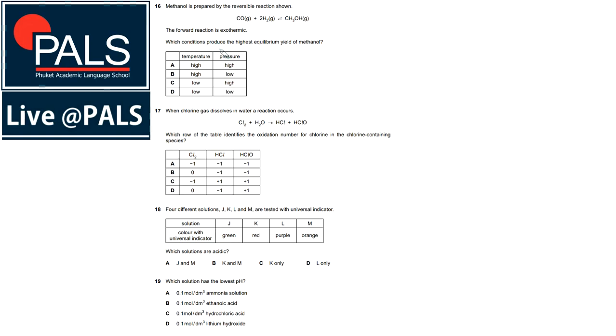Which conditions produce the highest equilibrium yield of methanol? So we're looking for something that shifts the equilibrium over to the right side, and we are told that the forward reaction is exothermic. And whatever change, so this is called Le Chatelier's, you can quickly write that down. Le Chatelier's principle. This is the most important thing you need to understand when it comes to changing the equilibrium position of a reversible reaction. It says that